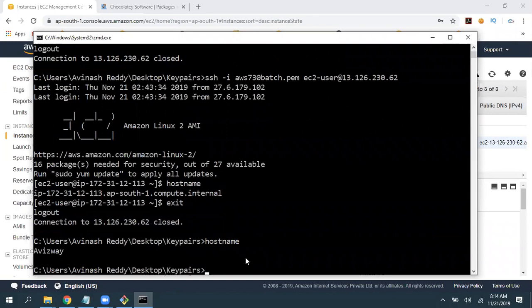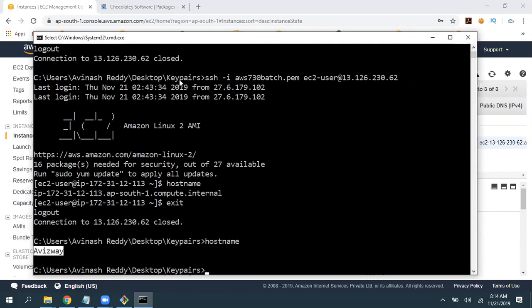When you give the host name, if it is showing your computer name, that means you are in your local computer. Simple mechanism. You may get a doubt why we are looking into all these options. It all depends on your convenience. We have many third-party tools to get connected to Linux. You can use Git, you can install OpenSSH and use your regular command prompt, or you can install Git, or go with PuTTY, or MobaXterm.